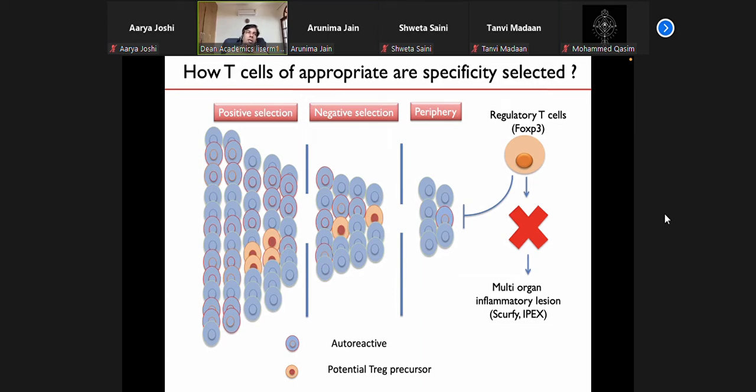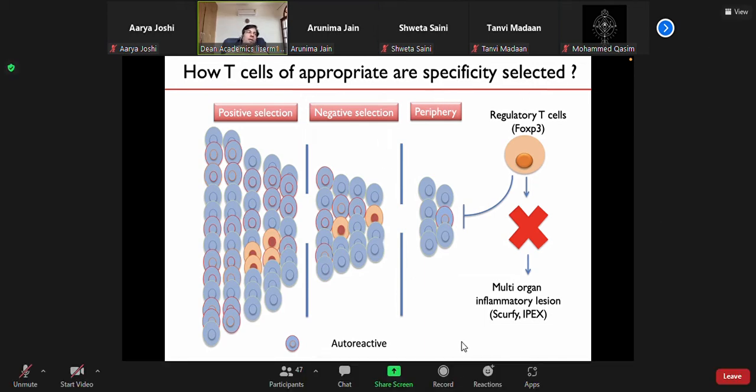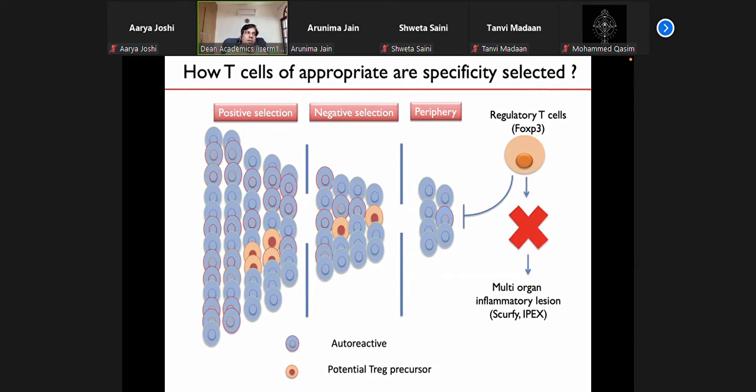Your own antigens, so it does not really activate. However, scientific proof of danger theory were largely lacking. Subsequently, it was shown that this is actually a very active process, and the response of these potentially autoreactive cells is predominantly dampened by canonical cells that are also passing through this process of positive and negative selection. Basically these are the potential Treg precursors, and they also have to pass through this process and eventually give